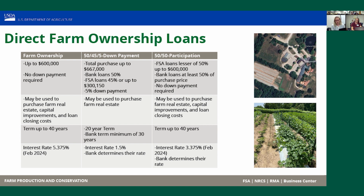This is a really good program because you do get an interest rate that's fixed of 1.5%. The bank does determine their rate on their portion of the loan, but it does help offset the bank's interest rate significantly. Another advantage with this program is that we only take a lien on the farm that we are